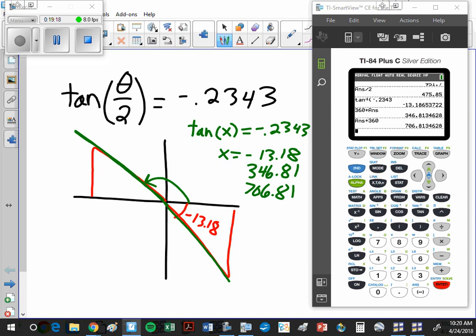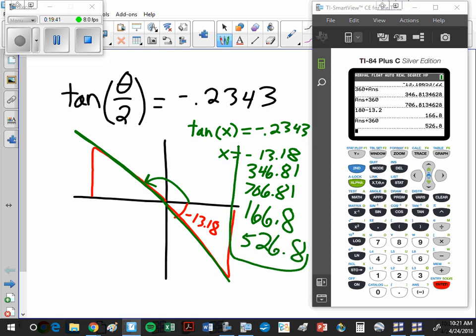How big is that angle? 180 minus 13, I'll just say 13.2. So it could be 166.8, or I could add 360 to that, 526.8. So x could be any one of those, right? But x is equal to theta over 2, right? So if I multiply by 2, theta is